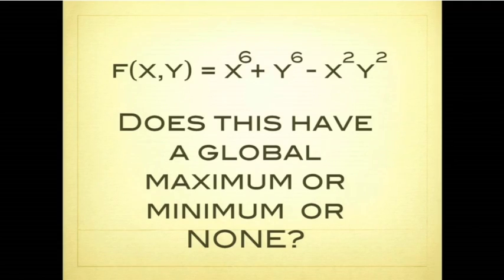Does this have a global maximum or a minimum or none? Who said minimum? Why? Because of even powers, but there are even powers in the x squared y squared, which is negative, but the powers are high. Yeah, okay, so you two together get it. So the powers are lower for the x to the...